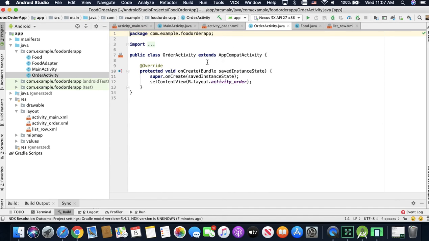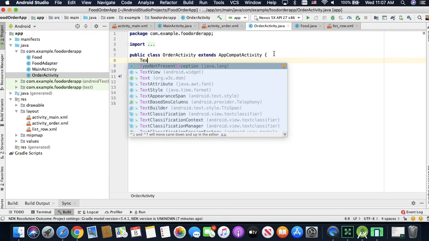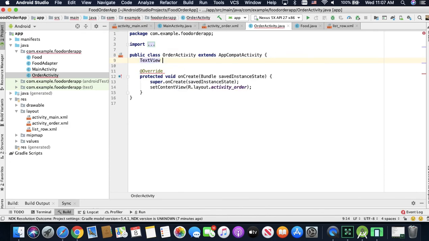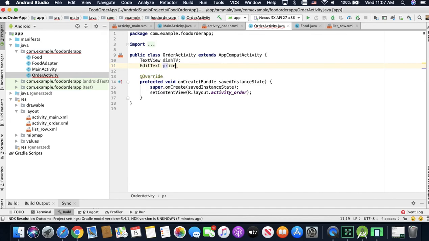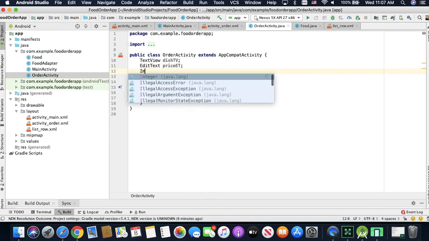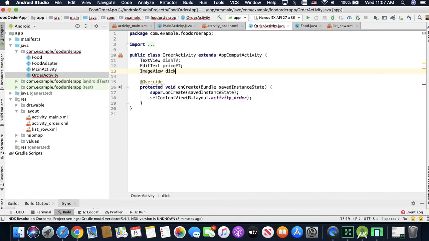So before I come here, let me declare a text view, TV for the dash text view, and edit text, price ET for the price, and image view, dash image. Okay,